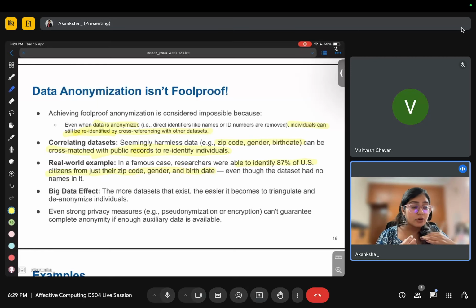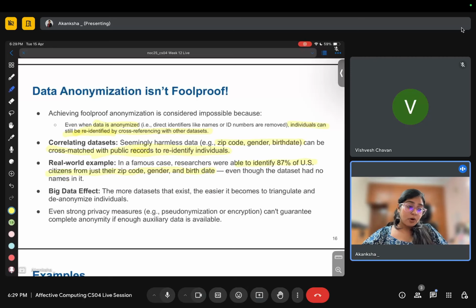Let's say I shop on Amazon, so my data and my shopping pattern can be taken, and let's say my address would be the same. Let's say I'm now shopping on Flipkart. Even if I don't mention my name, you can say that okay, this person might be having an account at Amazon. So you can check the records, and Amazon's data will reveal my name even if I have not provided it to Flipkart. So this is an example.